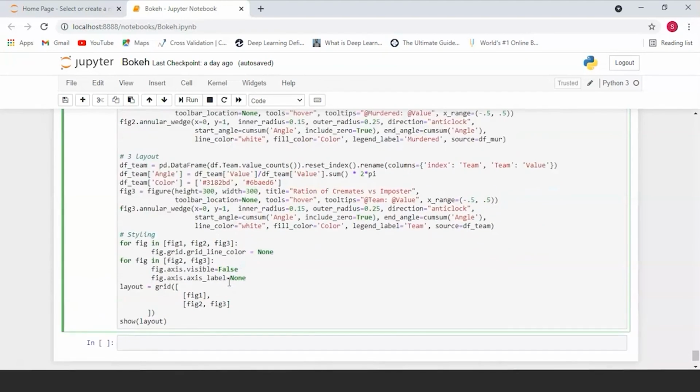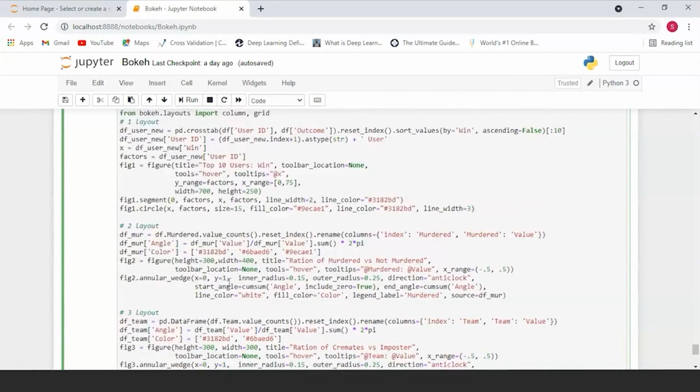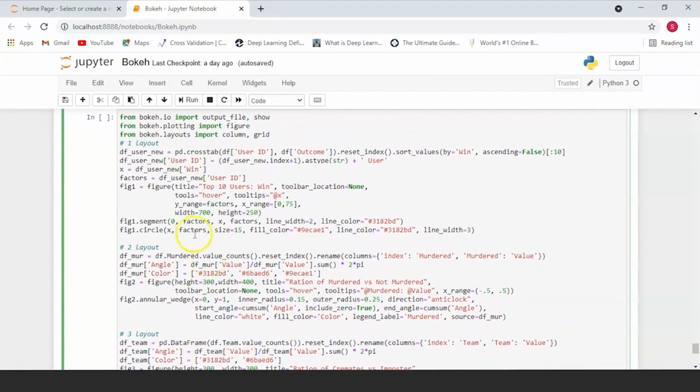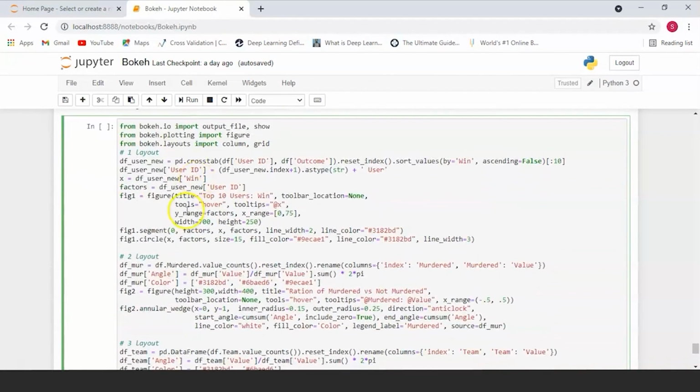Now, for example, let's say that we want to make a dashboard layout in Bokeh. We are going to be considering 3 different charts. The first one that we're going to be considering is a lollipop chart, which is done here. The next one that we're going to be considering are 2 pie charts. So this is how you plot a lollipop chart, and I'll show you what exactly a lollipop chart is in just a minute. The first thing that you need to know is that the first graph that we're going to be plotting